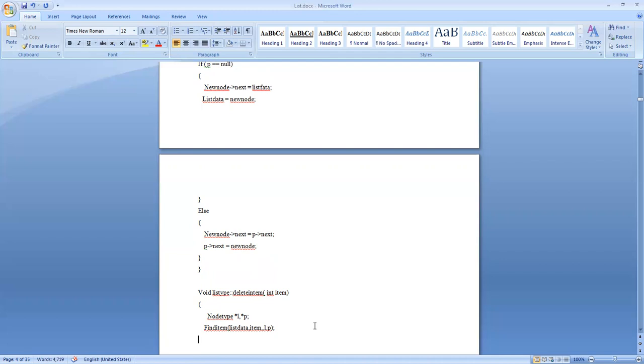Now, how do you know it is going to be a single element list? If it is a single element list, then my predlock P will be null.